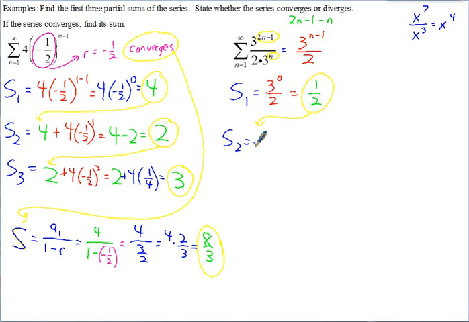The sum of the first 2 terms is 1 half, the first term, plus, now if you plug in 2, 2 minus 1 gives you 1, so 3 to the first over 2. Well, 1 half plus 3 halves is 4 halves, but that's just 2. So that's the sum of the first 2 terms, our second partial sum. And then if we take 2